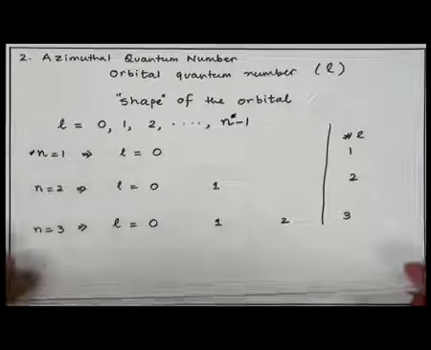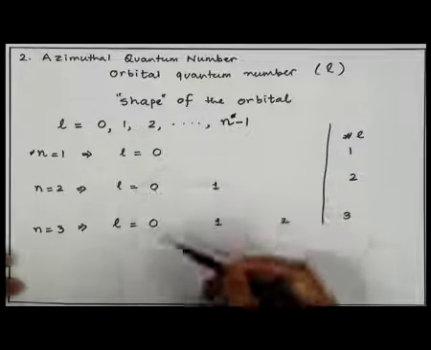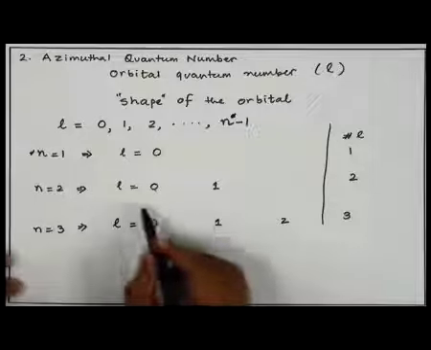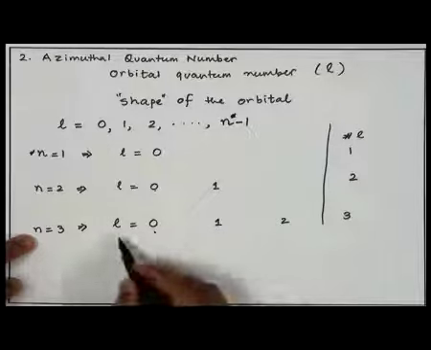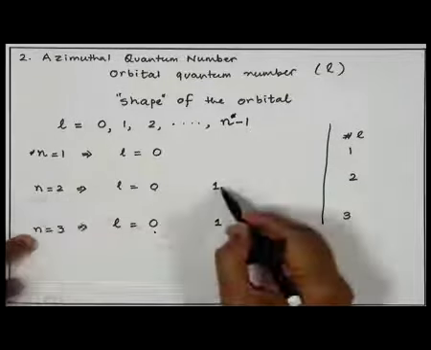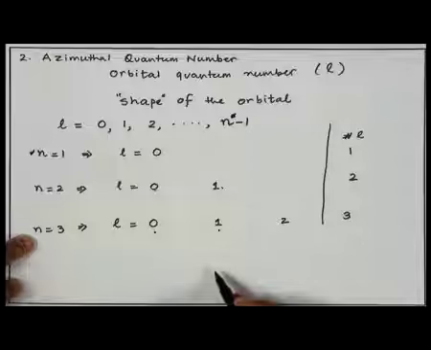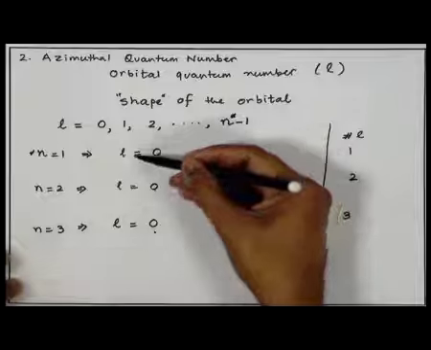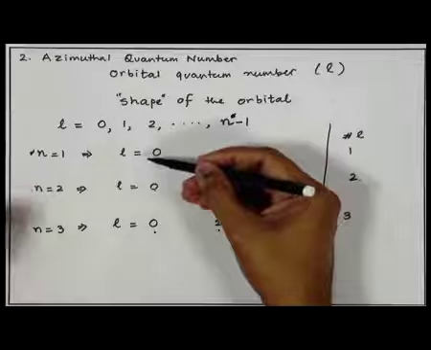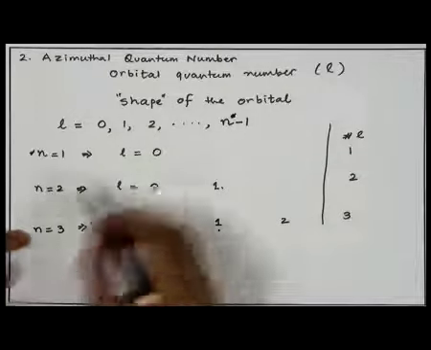Now, we see that here L value is 0, here again L value is 0 when n is 2, and here also when n is 3 there is a possibility of L value of 0. Simultaneously, when n is 2 we have one possibility of L equals 1, and when n is 3 then also we have an orbital where L value is 1. Is there a similarity between the 0 value of L when n is 1 or n is 2 or n is 3? The answer is yes, because orbitals, as I said, they determine the shape of the